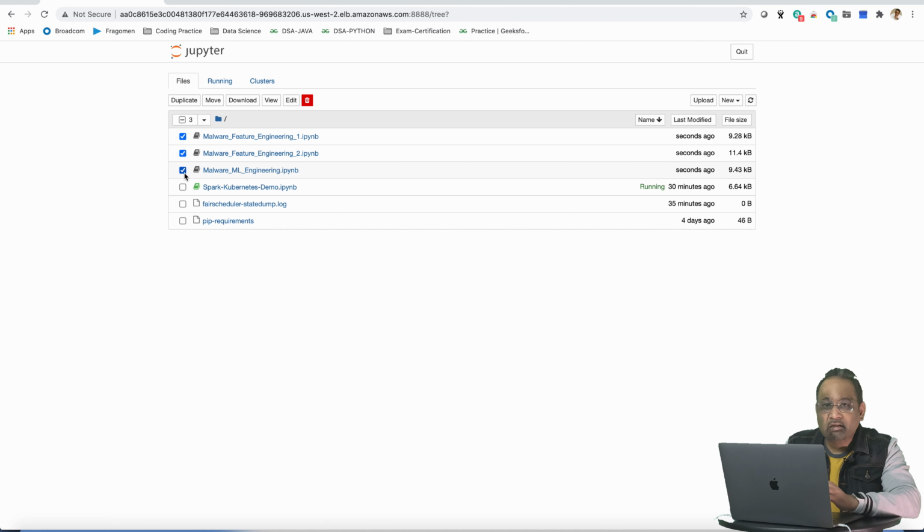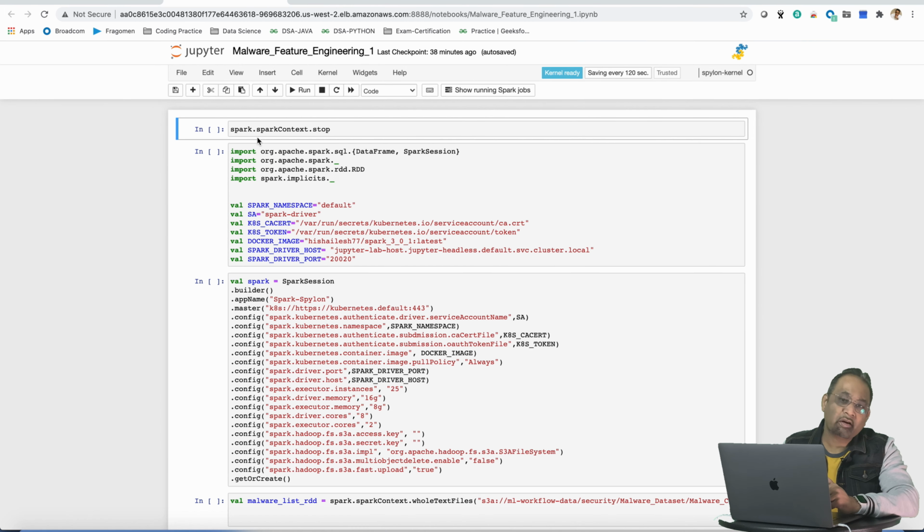Here we are just trying to mimic the same behavior, where we assume feature engineering 1, feature engineering 2 and ML engineering are 3 stages of the pipeline, and these stages together will form our first end-to-end ML pipeline. Here we will be executing these notebooks manually, but in a real-time production system, each of these stages will get triggered automatically from a workflow management system, something like Airflow. So let's execute each cell in our first notebook and try to understand the code at the same time.